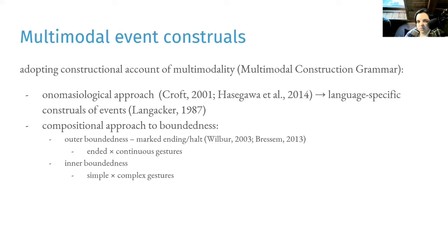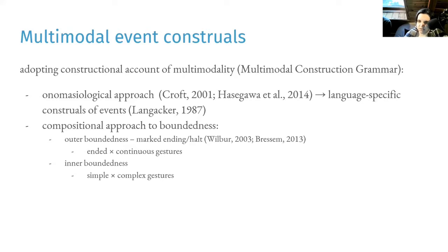This onomasiological approach is quite common in constructional approaches, and this allows us to focus on how common conceptual properties of events are construed across languages, and thus we can trace down the language-specific properties. As manifested in Croft's model, aspectual contours are typically complex and multidimensional, varying in terms of outer delimitation as well as inner structure of events, as we could see when I presented his model. Therefore, we follow the same approach to gestural marking of event structure.